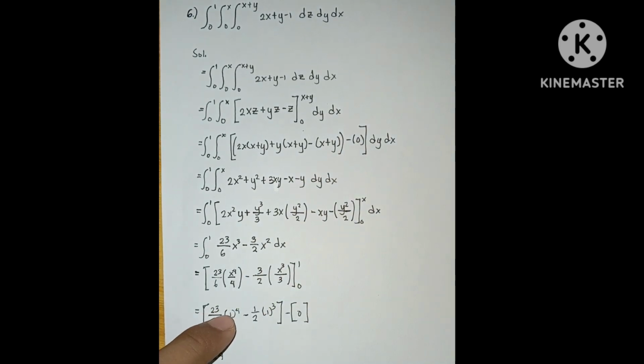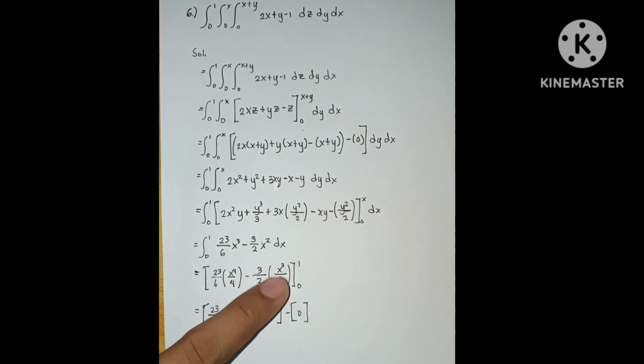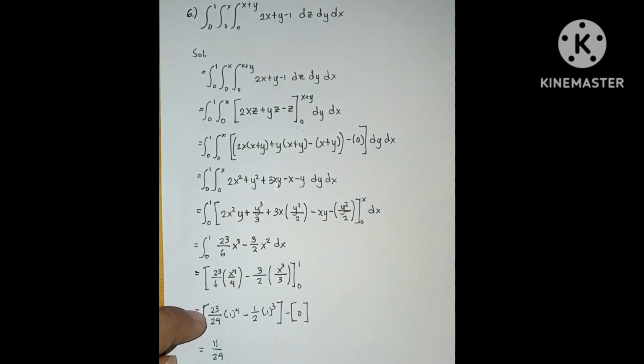At first we're going to multiply the denominator. So we have 6 times 4, we have 24. So 23 over 24 times 1. Okay, we're going to put the 1 here. Next is the 0. So negative 1 half,